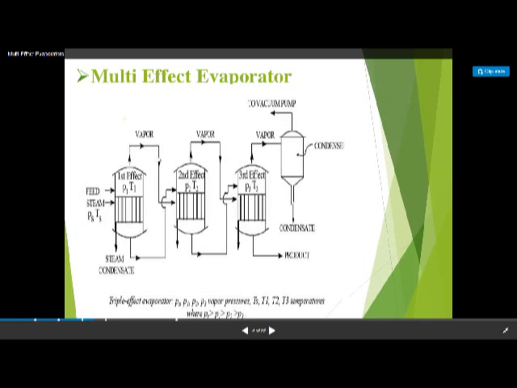So vapors from this are going to be used as the steam for the second one, and here again the condensate is going to be collected here and the product will be here. So the product which you are getting here will be more concentrated as it is evaporated thrice, right? In case of the 3 effect evaporator, it is evaporated thrice, so you will get a more concentrated product, and it is economical because we are using only a single steam here, right? For the second and third one we are using only the vapors at the steam inlet.